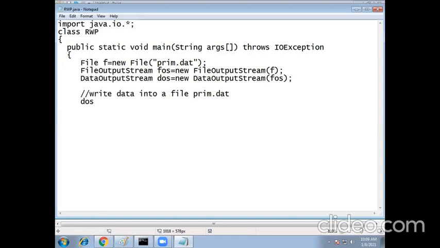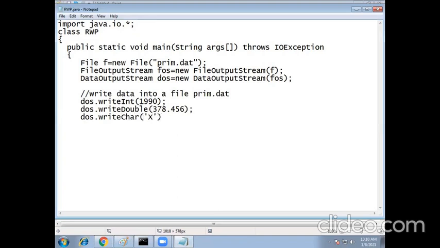Now dos.writeInt for writing integers, so 1990 because it is an integer, and dos.writeDouble, 37.456, and dos.writeChar.